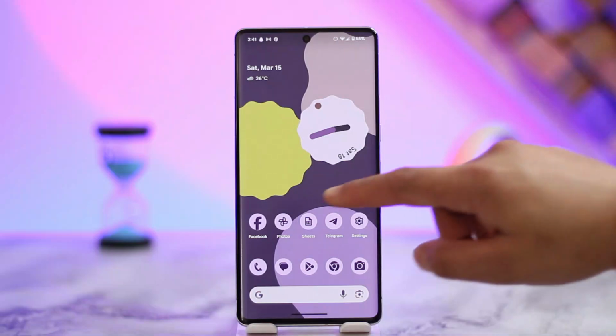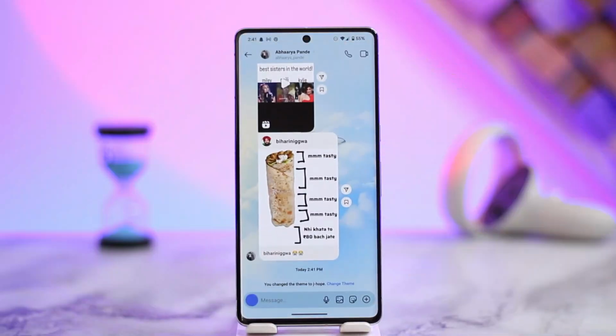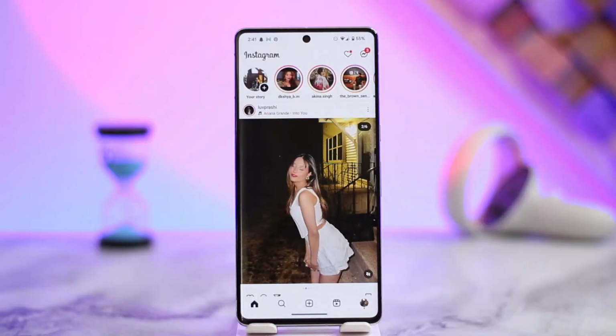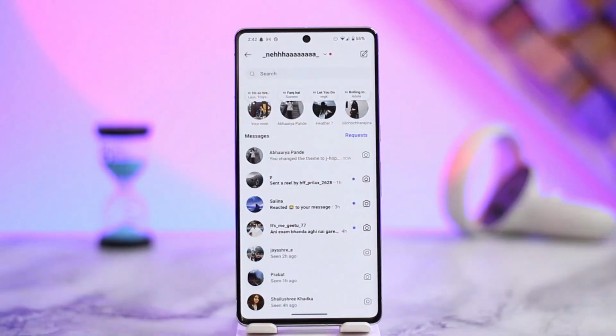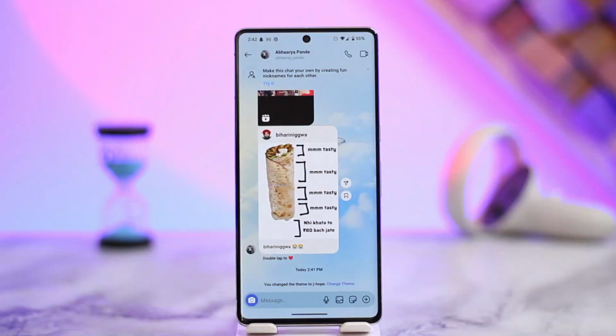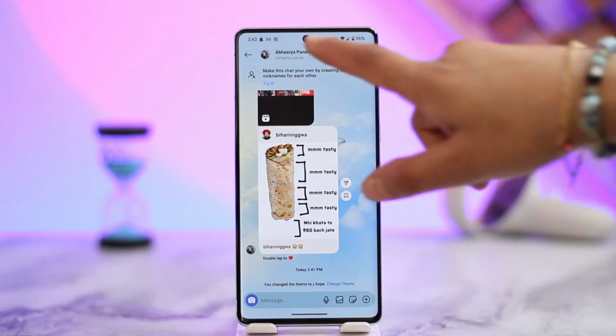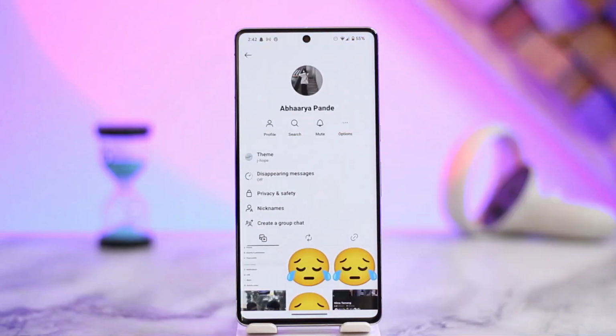Now to begin with, what you want to do is open up your Instagram application and log into your account. When you're logged in, you want to click the DM icon from the top right hand side corner and go ahead and open up the theme that you've changed. So here you would see this is the theme that I've changed and I want it back to the default. So click the initials or the profile name of the particular chat page